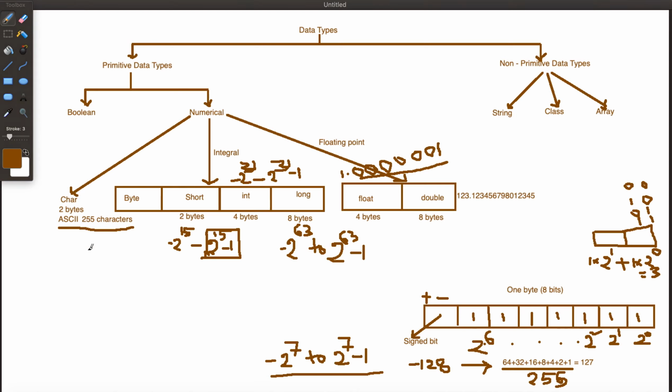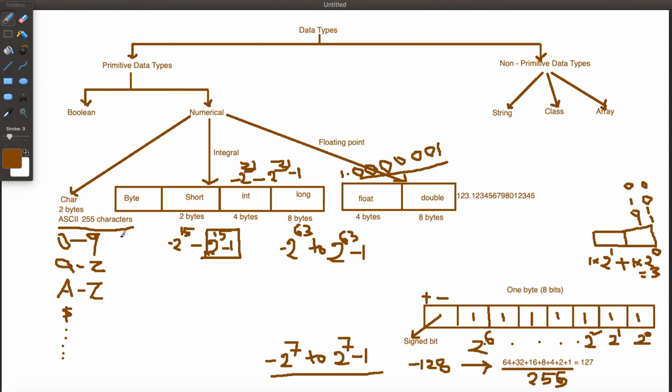They are from 0 to 9, A to Z, capital A to Z, and some special characters like this.